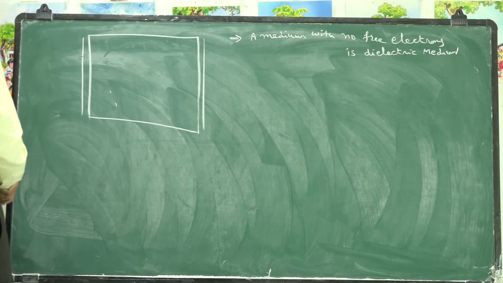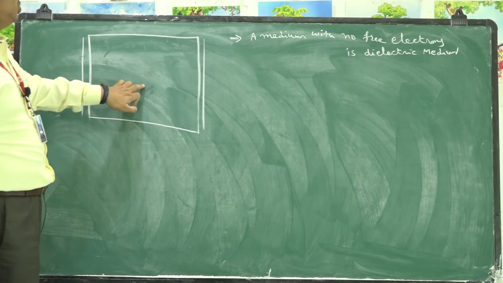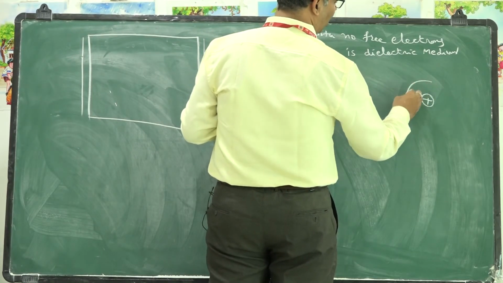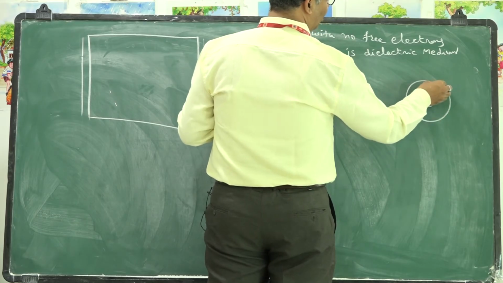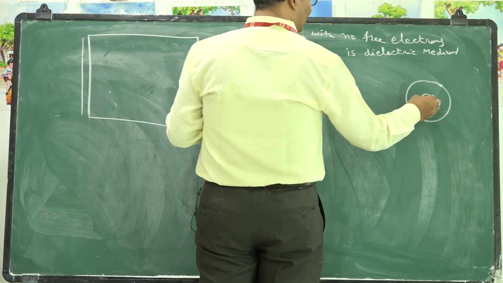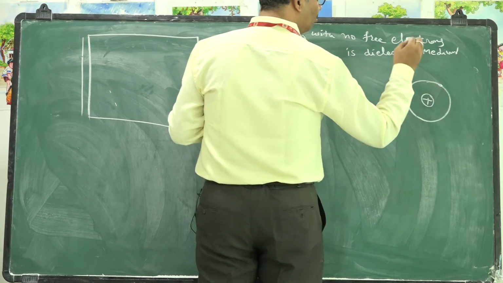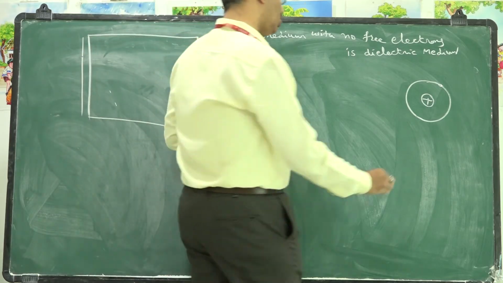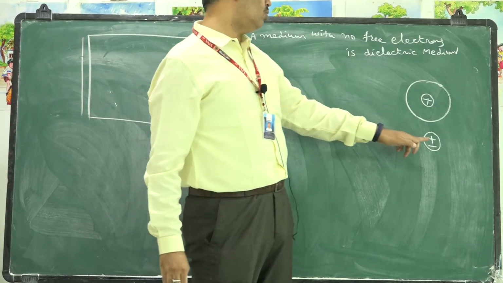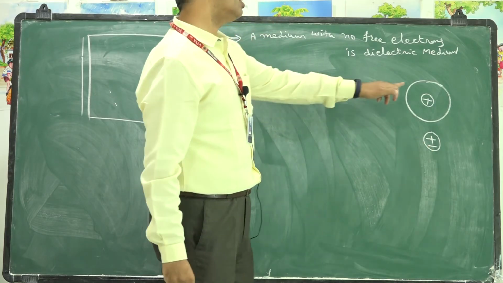If you go to the fundamental idea here, this dielectric is made up of molecules. If you consider an atom, there is a positive charged nucleus around which the negative charged electron is rotating. This positive charged nucleus has its own center of mass here, and the negative charged moving electron also has a center here. So the positive charge center and negative charge center are coincident with one another. No dipole moment is observed in case of atom.